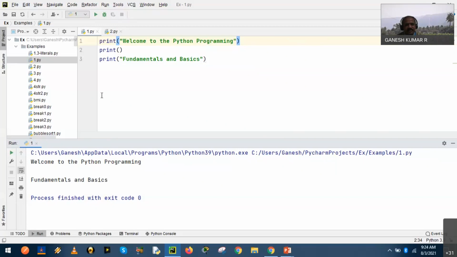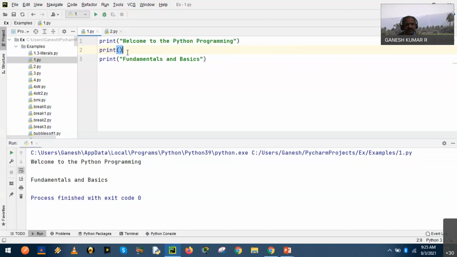As you can see, the empty print function does not have any arguments inside the parentheses. It's an empty function. This empty print function invocation outputs an empty line, a blank line. So this print invocation's output is just a new line. Fine. So a new line can be inserted into the output with the help of an empty print function.